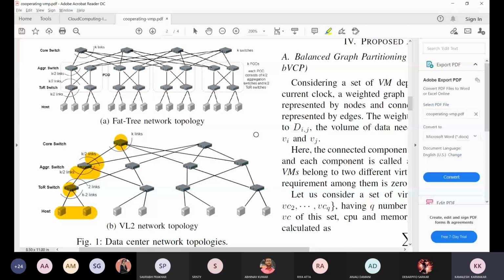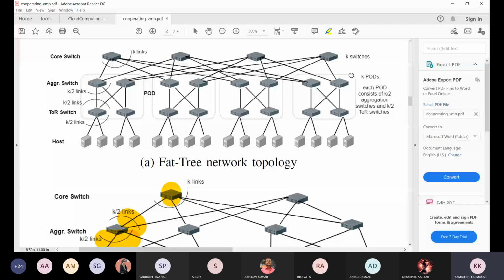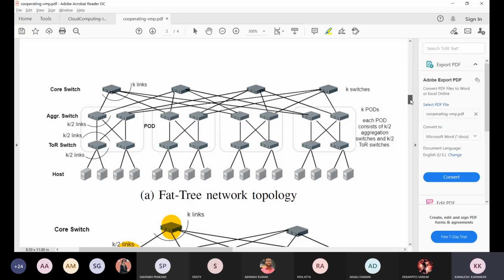Okay, now just for example, just to analyze it, we have these two types of network topology. So what will be the number of switches and how many servers can be connected here? In the fat-tree network topology, if we use k-array switches, the network is known as a k-array network. So what will be the number of hosts that can be connected in a k-array switch? We can compare this.